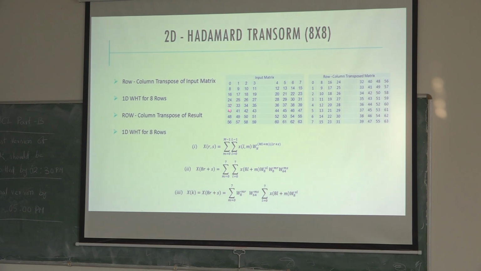Third pixel, fourth, fifth, sixth, seventh, something like this, 0 to 7. So while writing the 0th pixel, it will start reading the first. While writing the first pixel, it will start reading 9. Second, 17. So when I write this, I'll read this. When I write this, I'll read this. When I write this, I'll read this.